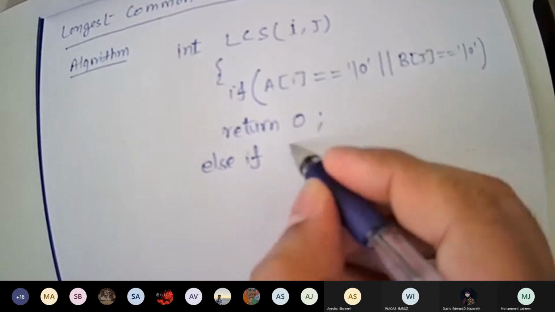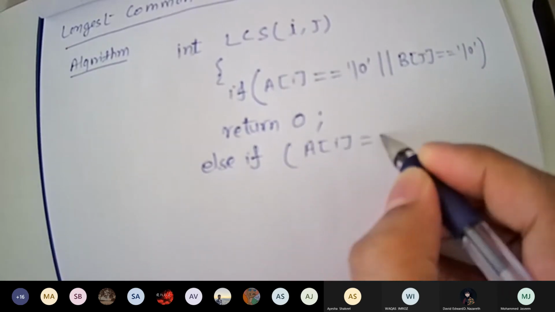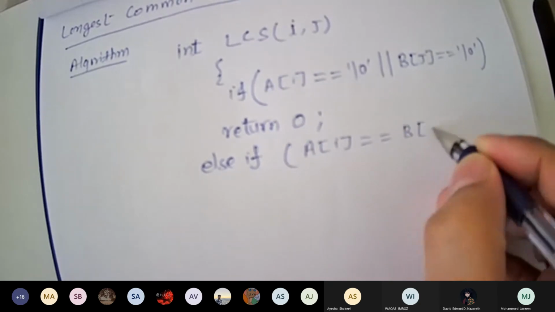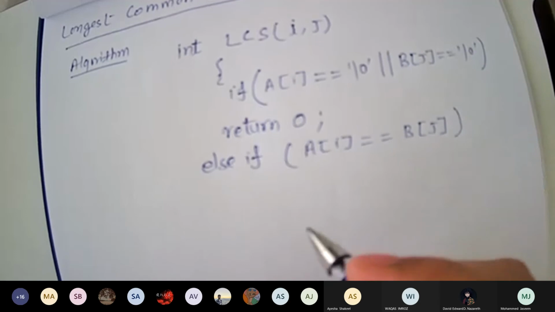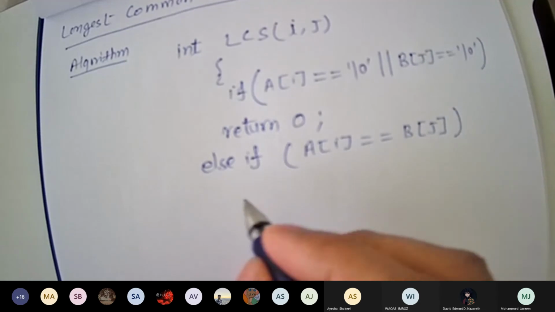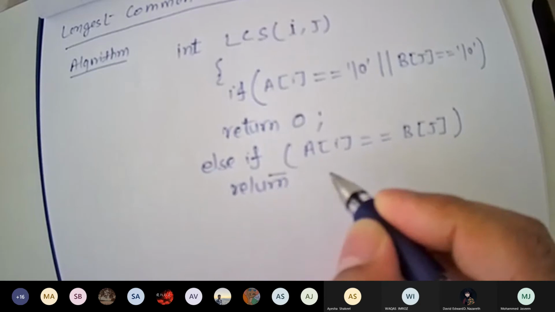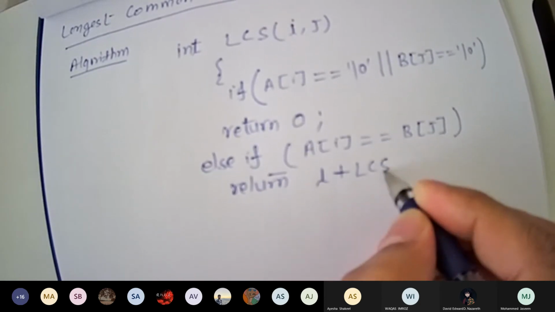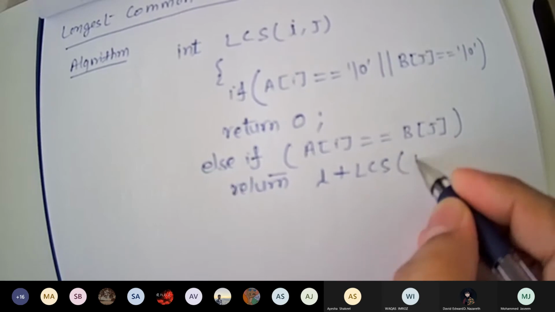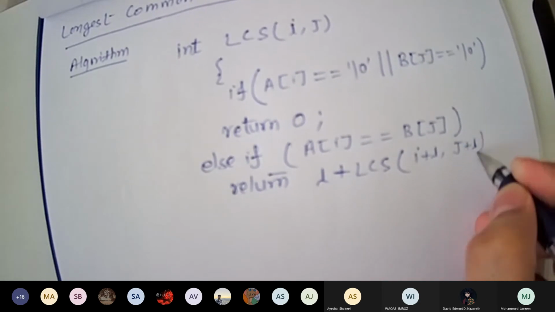Else, if a of i equal to b of j, then what you have to return? Then return 1 plus LCS(i plus 1, j plus 1).